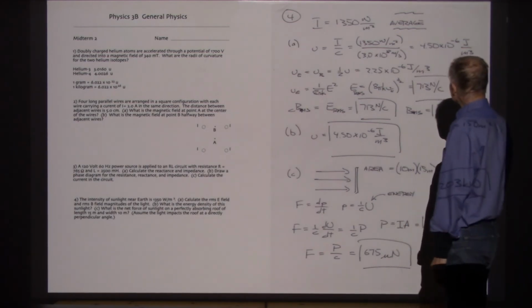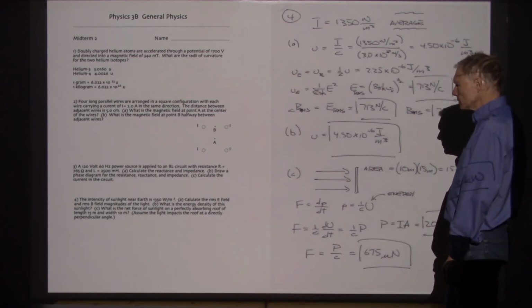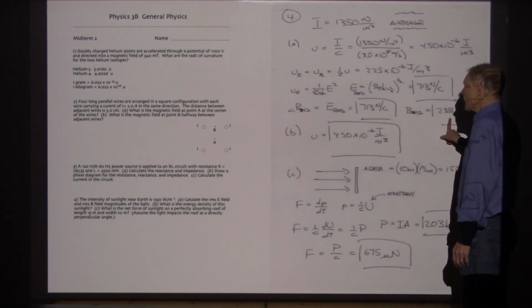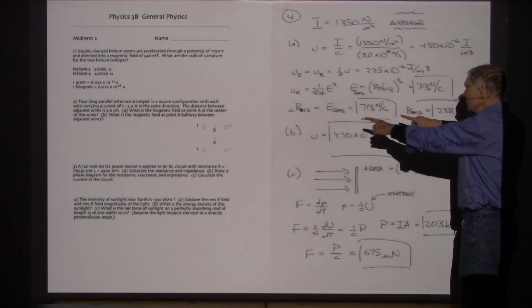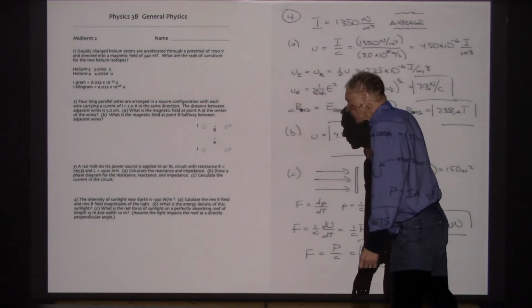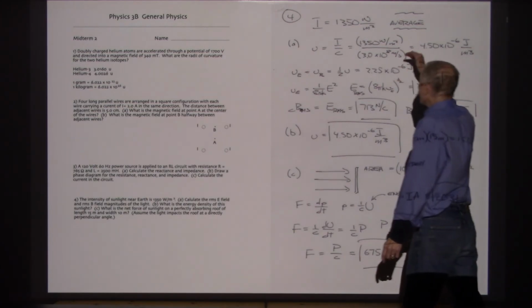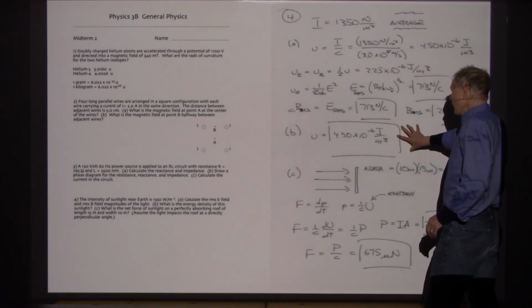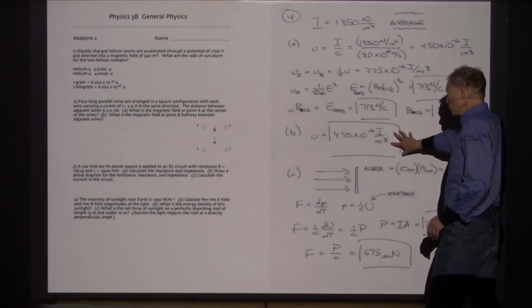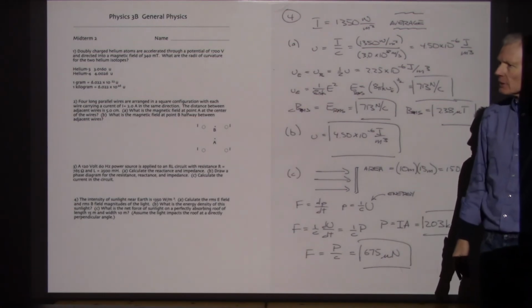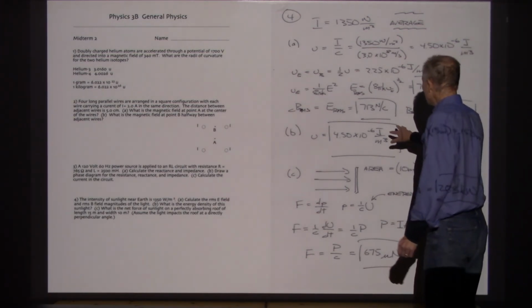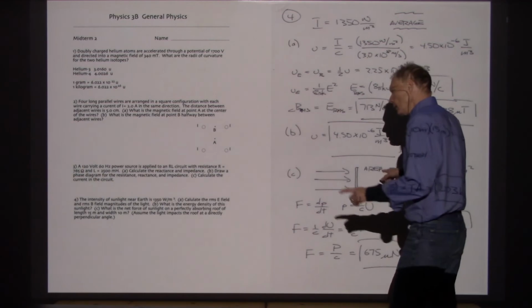So, what were we trying to solve here? The fields. So we got the electric field RMS value and the B field RMS value both in Tesla and in newtons per coulomb. And then for part B, the energy density, well, we calculated that along the way. So I can just write that down: 4.50 times 10 to the minus 6 joules per cubic meter. How much energy is in a cubic meter of sunlight? 4.5 times 10 to the minus 6 joules. So 4.5 millionths of a joule. What about